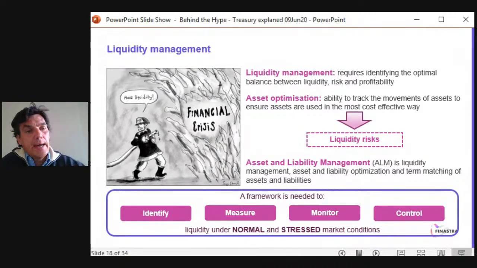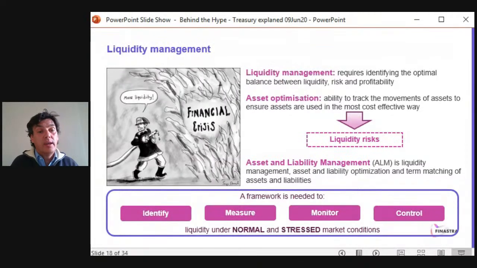So the treasurer and the liquidity manager, they always have to think about those three things: liquidity, risk, and profitability. And maybe sometimes I would be more profitable, but if I am illiquid, then I am putting the bank at risk. That's one thing. So the corollary of this, of the risk and profitability towards equity, is that at every single point in time, you need to optimize your assets. So you need to be able to look at if the assets you have are the right ones. They are very effective in terms of costs, and actually they are very effective in terms of liquidity and profitability.